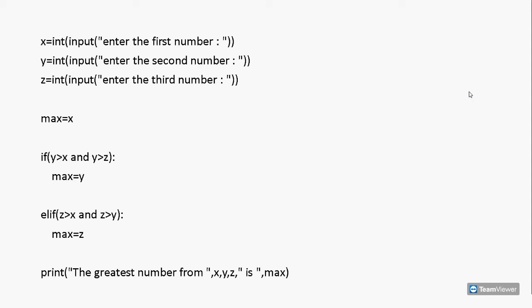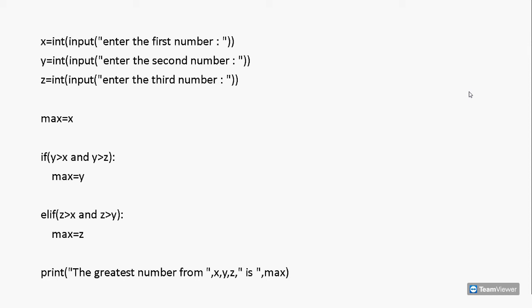Now consider the second case, in which the second variable y will be having the greatest value. In this scenario, the first condition will become true and y will get assigned to max correctly. Now consider the final and the third case, in which the third variable z will be having the greatest value. In this situation, the second condition will become true and z will get assigned to max. So, at the end of the program, we will be having the greatest value from the three numbers in the variable max, which we are printing through the last statement of the program.